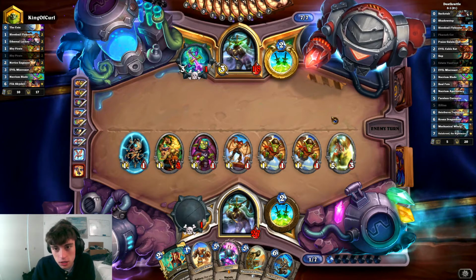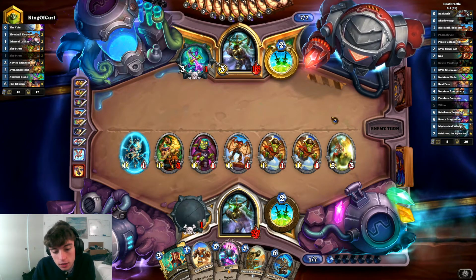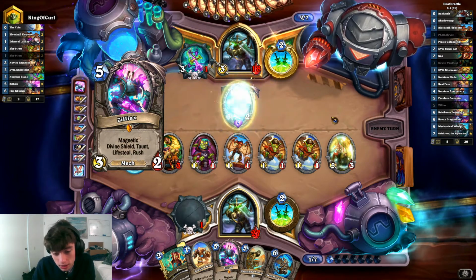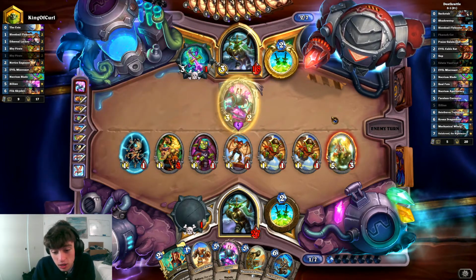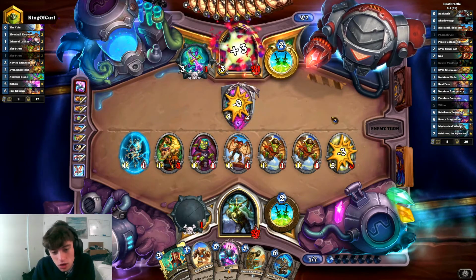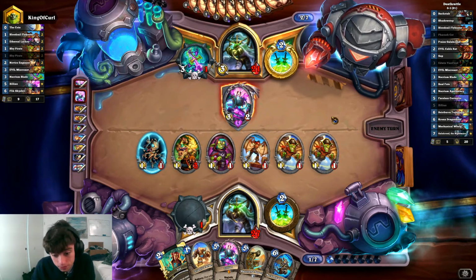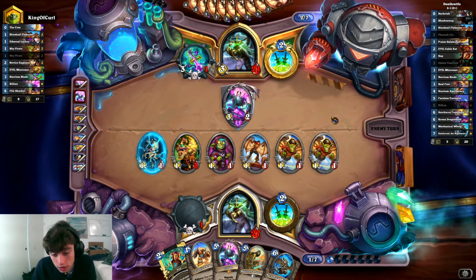I just hope that he doesn't... I mean, even if he does get Death Rattle minions on the board, I think it's not that big of a deal. Okay, so I'm going to have to play Ziliax to kill that off. No. No, no, no, no. I do not. I think what I do is...